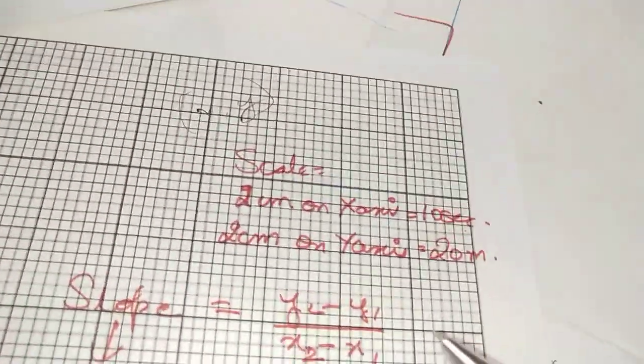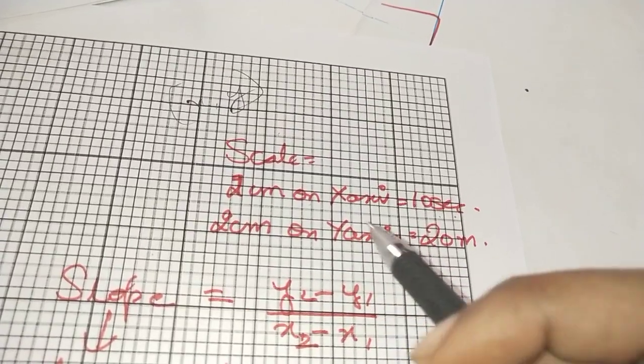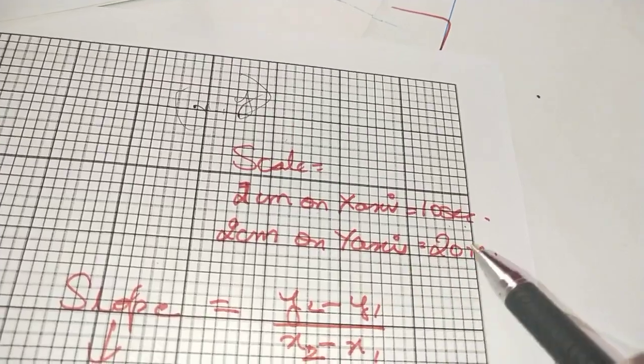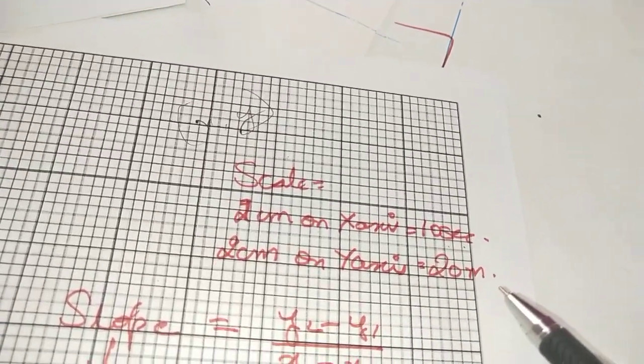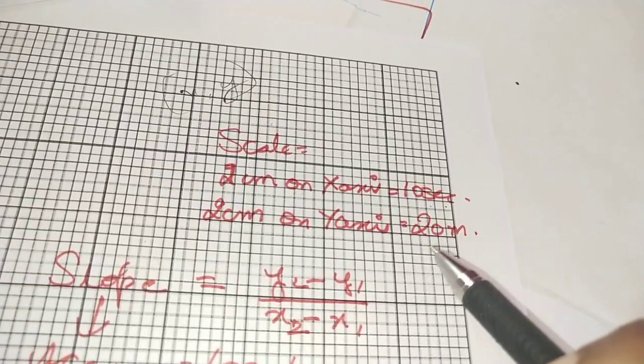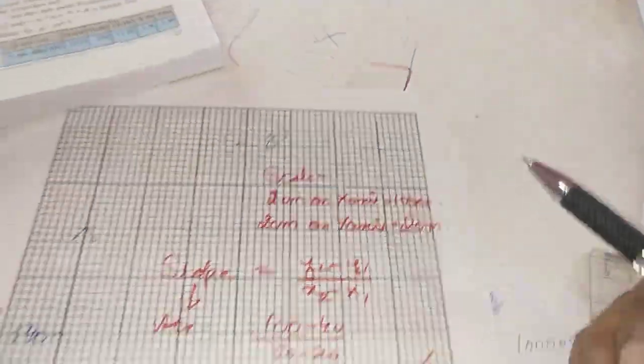Sometimes the ratio could be 1:1, whatever gap you are taking over here, the same gap over here, like 1:1, 1:2, 1:3. Try not to take ratios like 1:3, 1:7, in that case you may face a problem. So try to take 1:4, 1:2, 1:5, that will be pretty good when we are going to plot the points on the graph sheet.